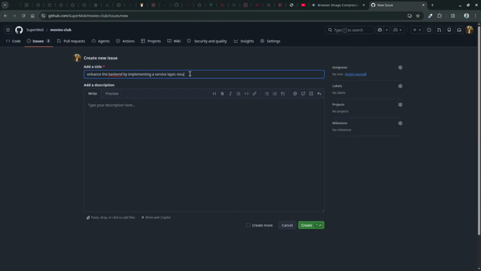Rest request body and validation, and strict types.